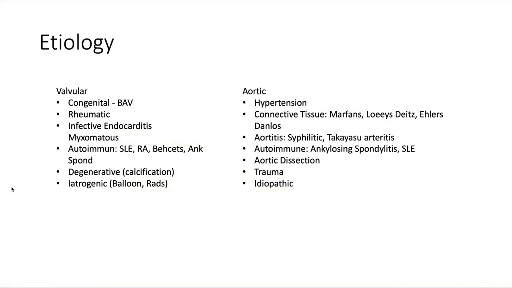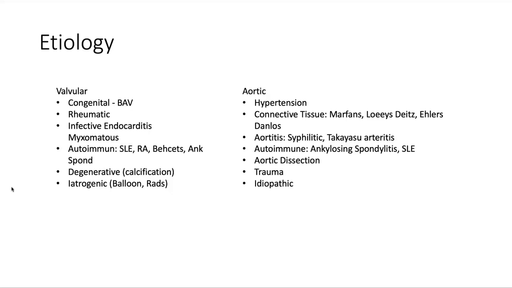In terms of the etiology, there are many, but a good way to think about it is whether or not it's related to the valve or the aorta. As we were reviewing in the anatomy, discussing this very, very close relationship, you can imagine that if the aorta is dilated, you're going to create that same coaptation gap, or even if there's a primary issue with the valve itself. So in terms of the valvular etiologies, understand that configuration as we mentioned, but probably one of the most common leading to AR would be a bicuspid aortic valve, rheumatic in that type 3 degeneration, infective endocarditis and